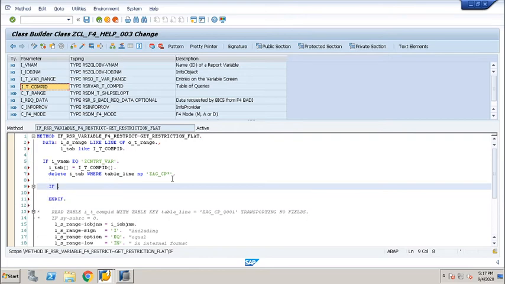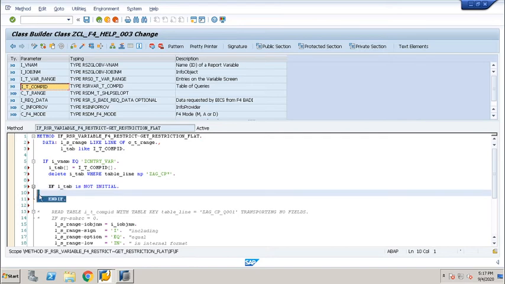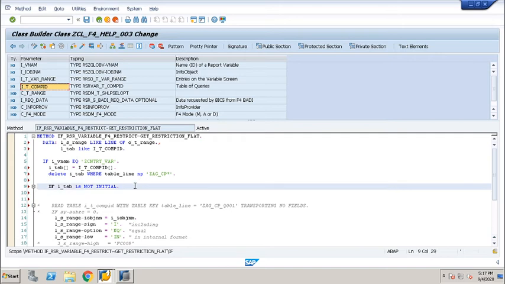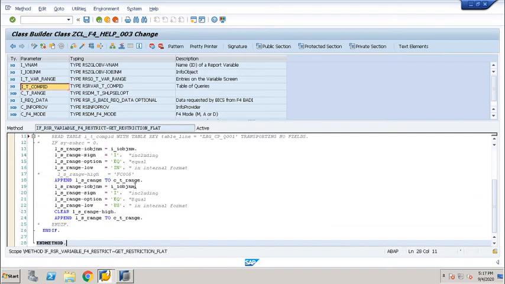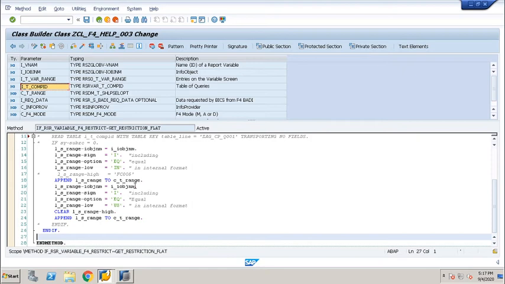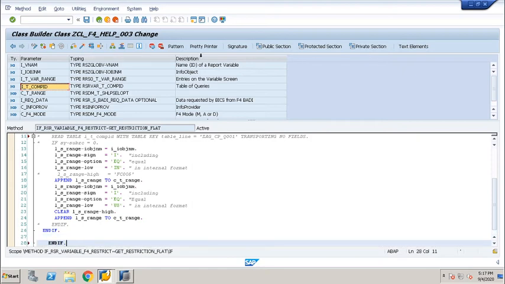If L_tab is initial, or is not initial, then this code should be executed, otherwise this code should not be executed. So how simple is this? Pretty printer, you have to check.